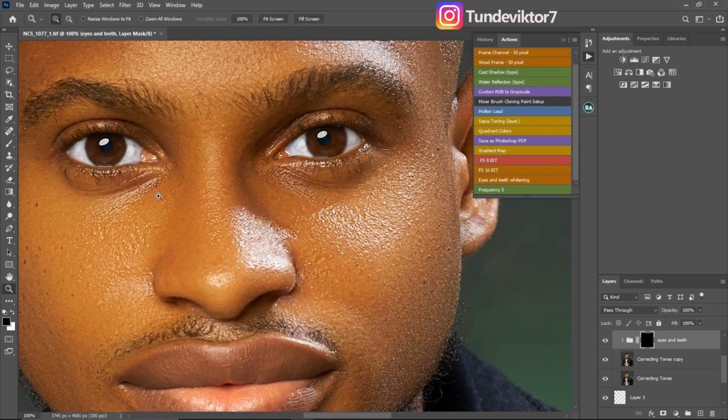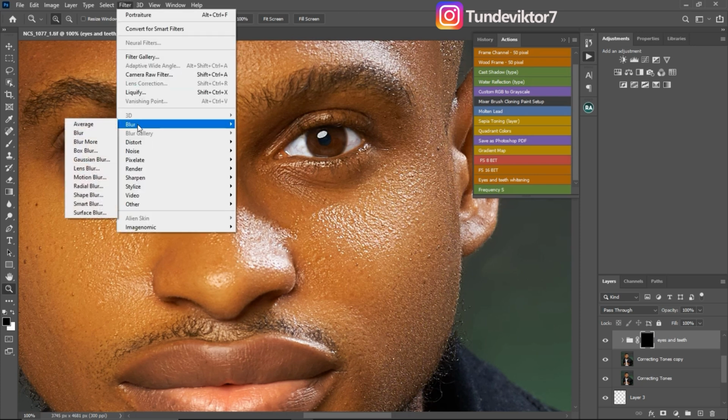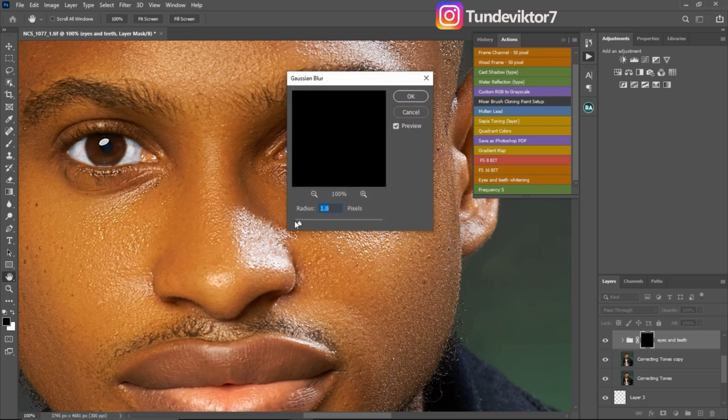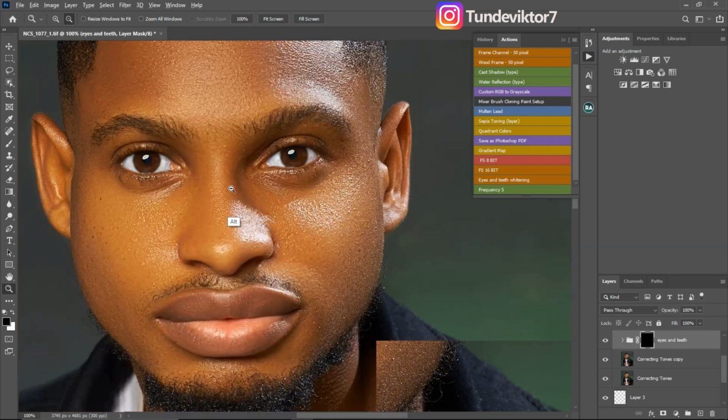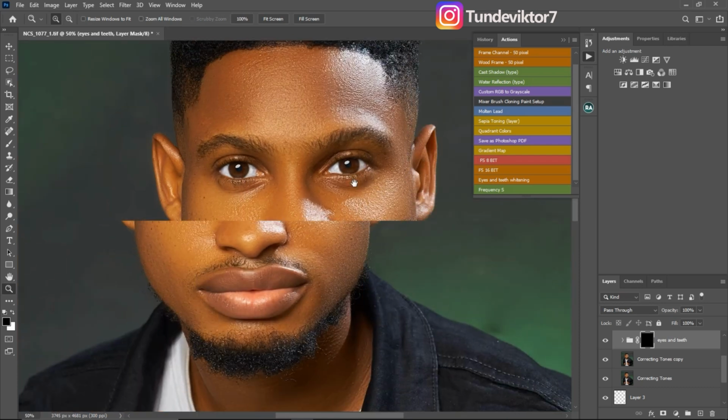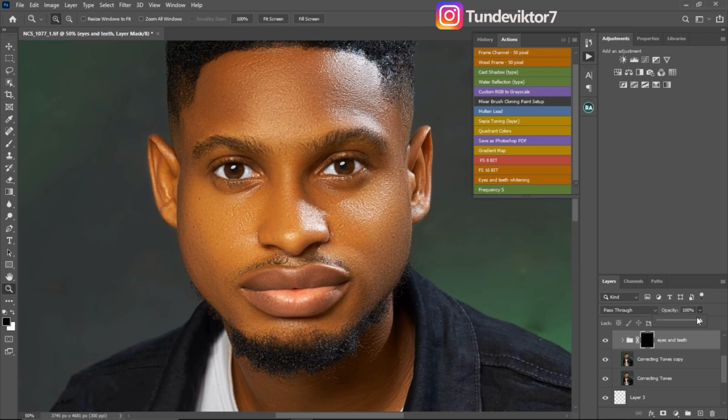So after that, what I'm going to do right now, I'll come to my filter, come to my blur, and click on Gaussian blur, and I'm just going to blur it with a radius of about 1. I think 1 is okay. I'll click on OK, and I'll just zoom out a little and see if it's too much. Right now I feel it's too much, so I'll just reduce the opacity like this,